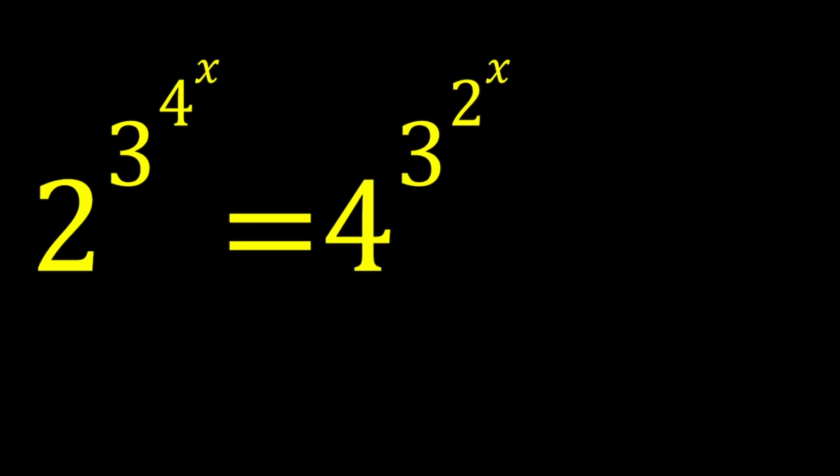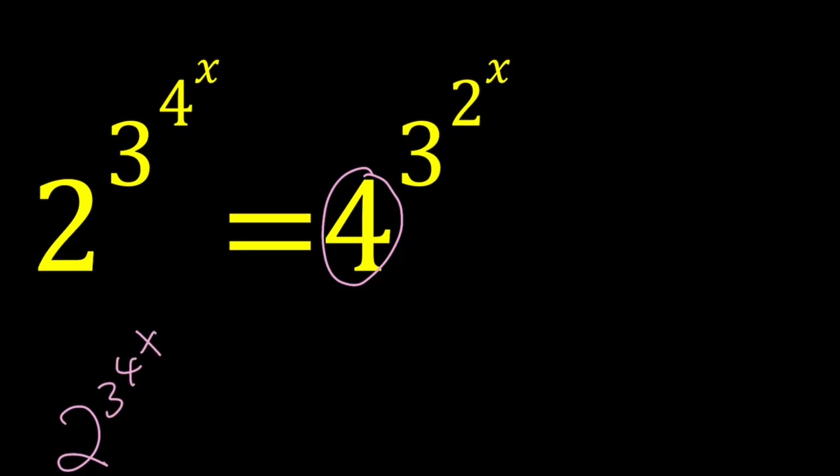But one of the things that makes this problem really nice is the fact that we have the 2 and the 4 at the bases, so that we can find the relationship between them. All right, great. So let's get started. I'm going to start by writing the 4, which is the base here, as 2 squared. The left-hand side is going to stay the same for now, 2 to the power 3 to the power 4